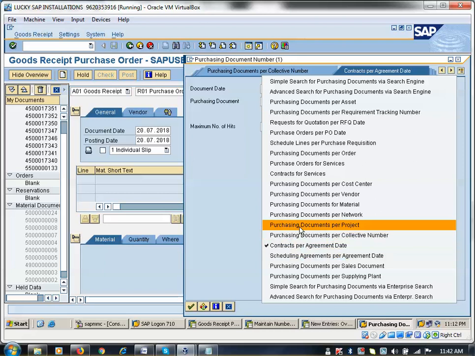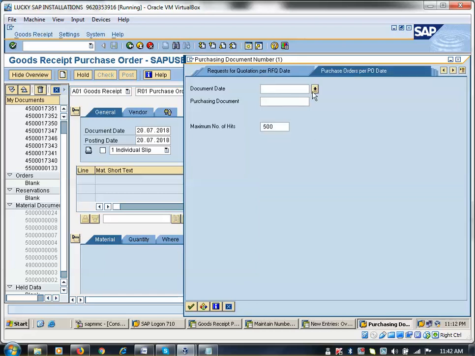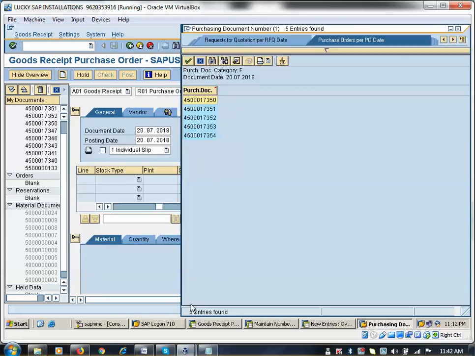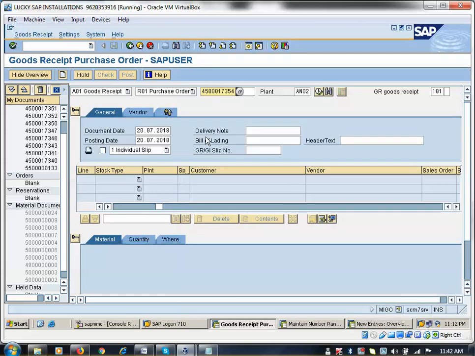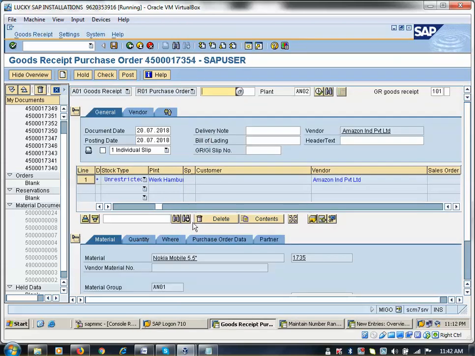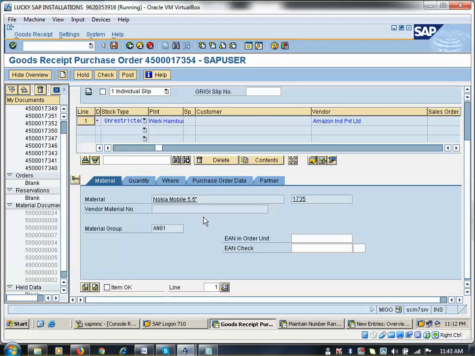Here also purchase orders, PO date. You can identify based on the material also. Click on OK. These many POs are created. This is my one, 354. Click on enter. Now you see the material. Everything is working the same as your 1000. That is our expectation.